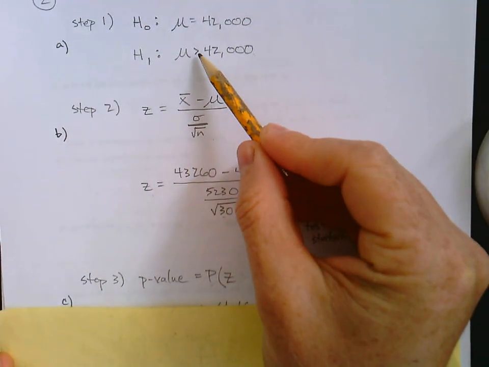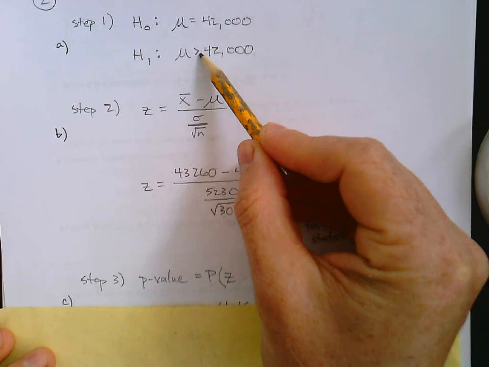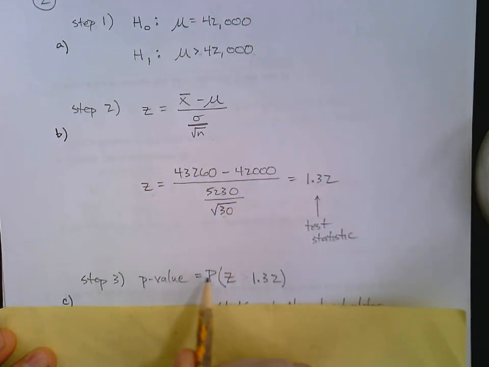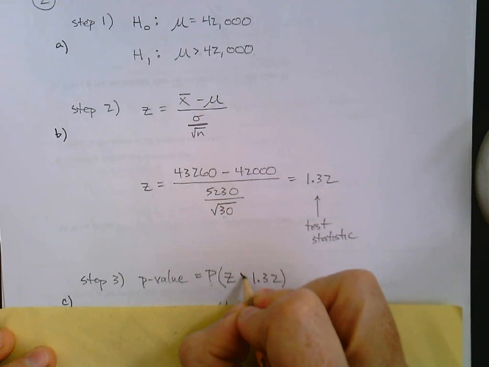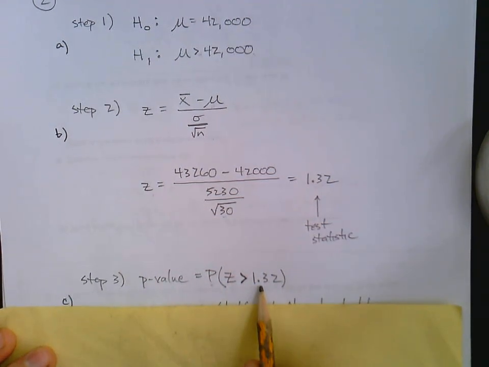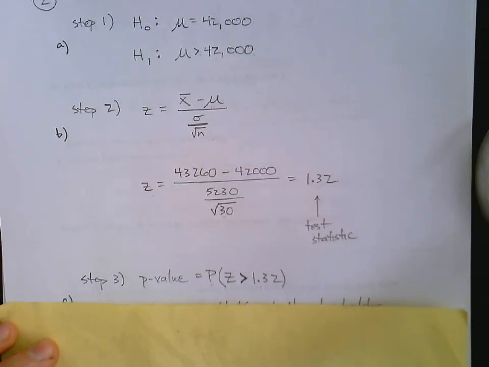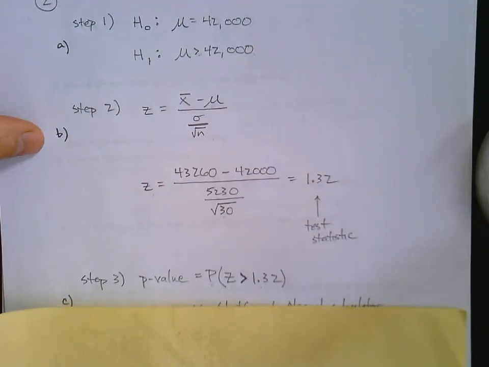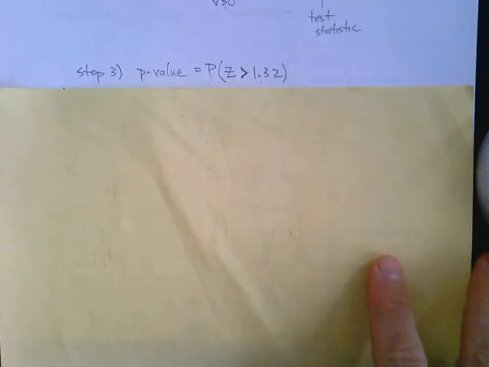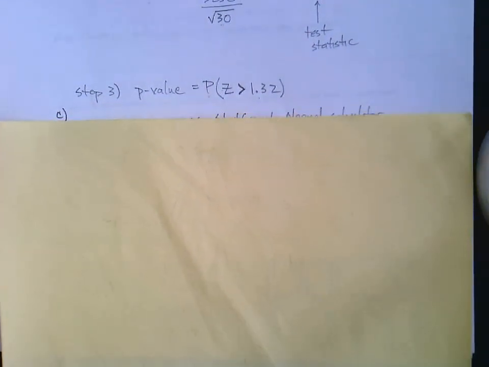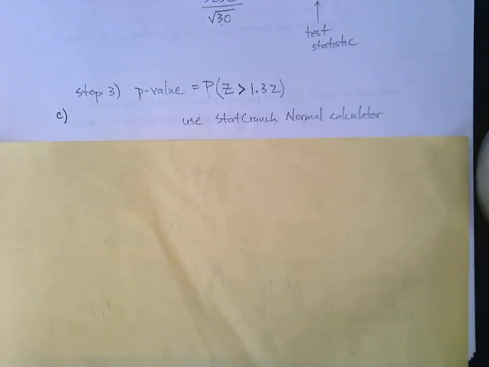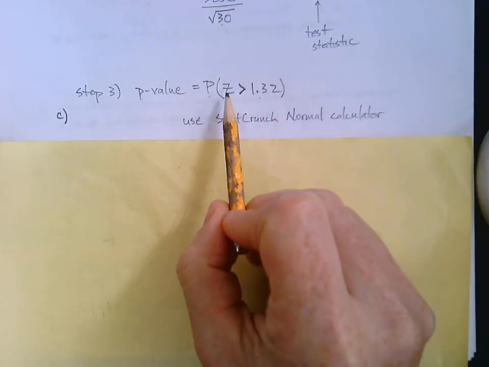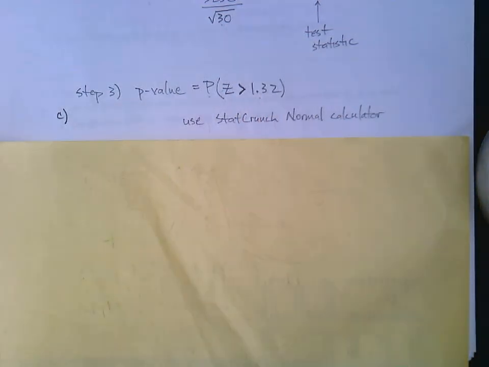So if our alternative hypothesis has a greater than, then we'd like to know the probability that z is greater than 1.32. What were the chances of that happening? What's the probability that z ends up being bigger than this value? Let's see how this plays out. In order to find that probability that capital Z is greater than 1.32,